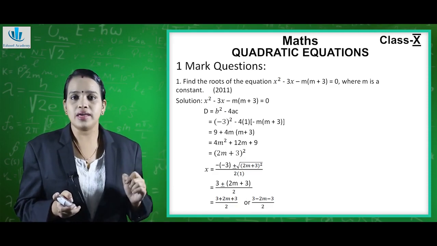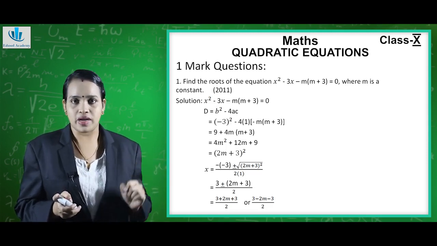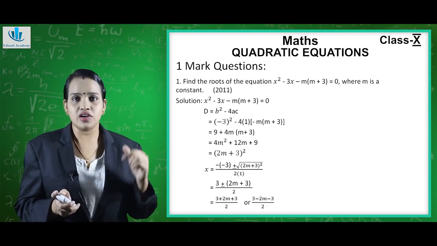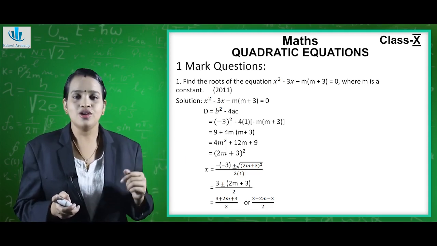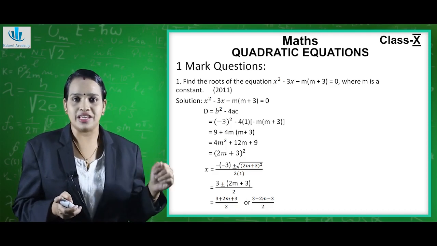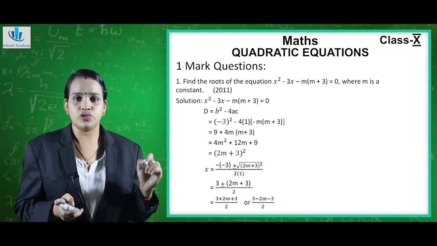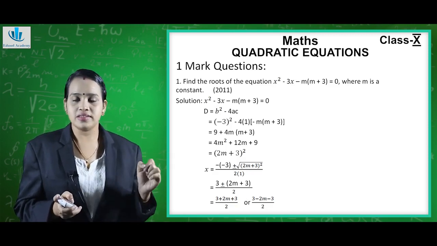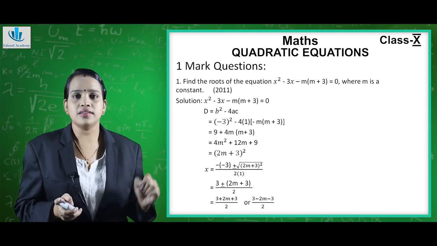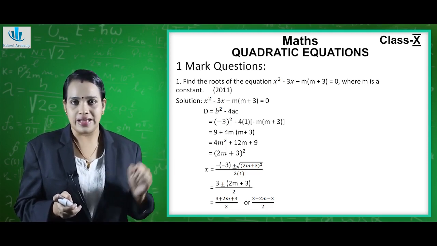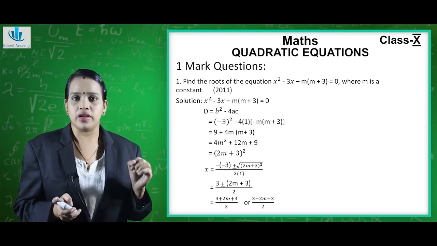So my b is -3. So -(-3) ± ... Again, now we have directly got the value of b² - 4ac. So we can directly write the value: (2m + 3) raised to 2, upon 2 into a, that is 1. So 2 into 1. Now -3 becomes +3 ±. Now root and square get cancelled. So it becomes (2m + 3) upon 2 into 1, it becomes 2.